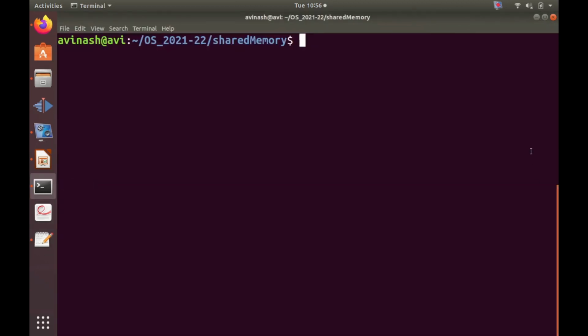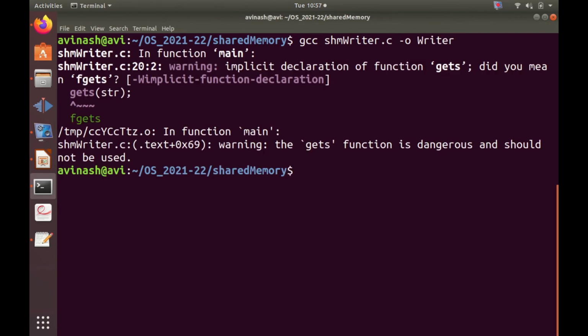First compile with gcc the writer program shmwriter.c, and create the output file writer. This gives a warning for the gets function saying that it is dangerous, so we will ignore this warning because we need gets to read a sentence.